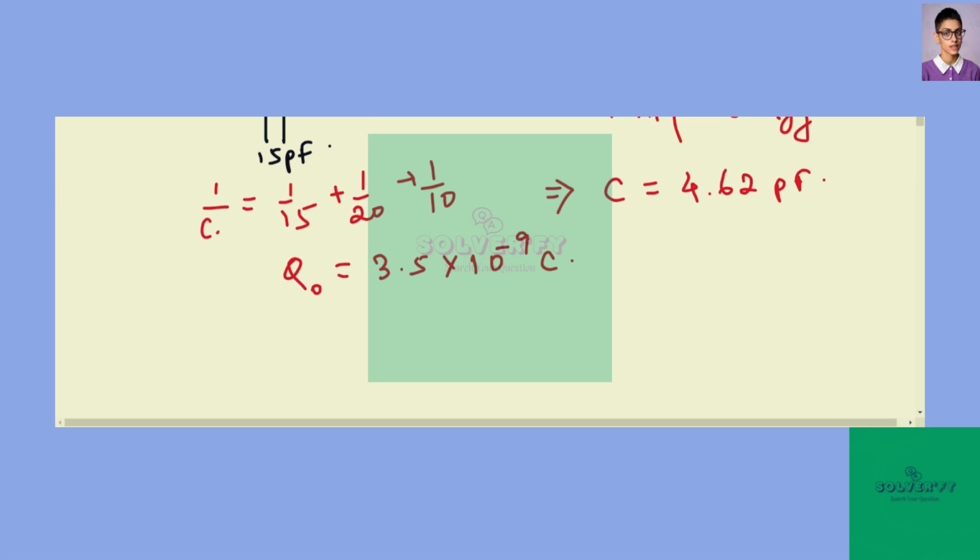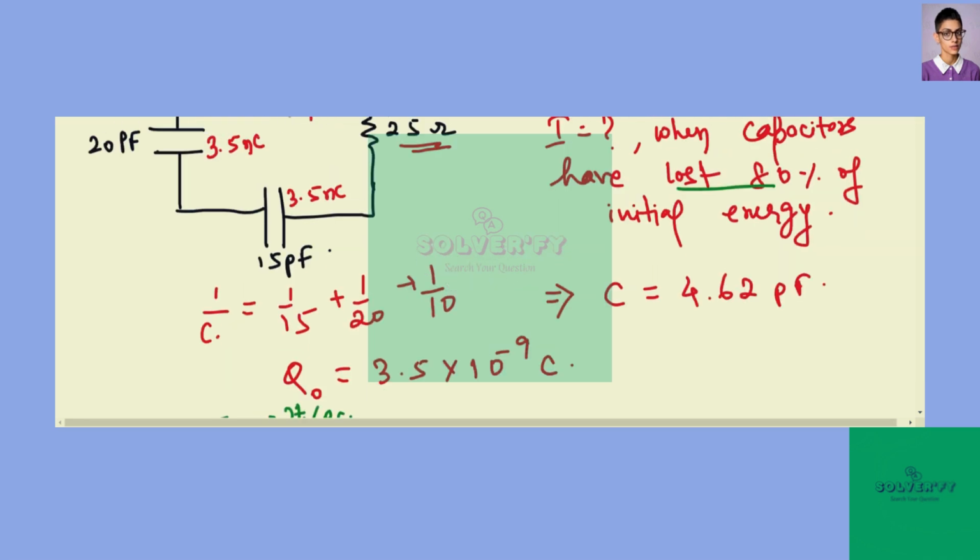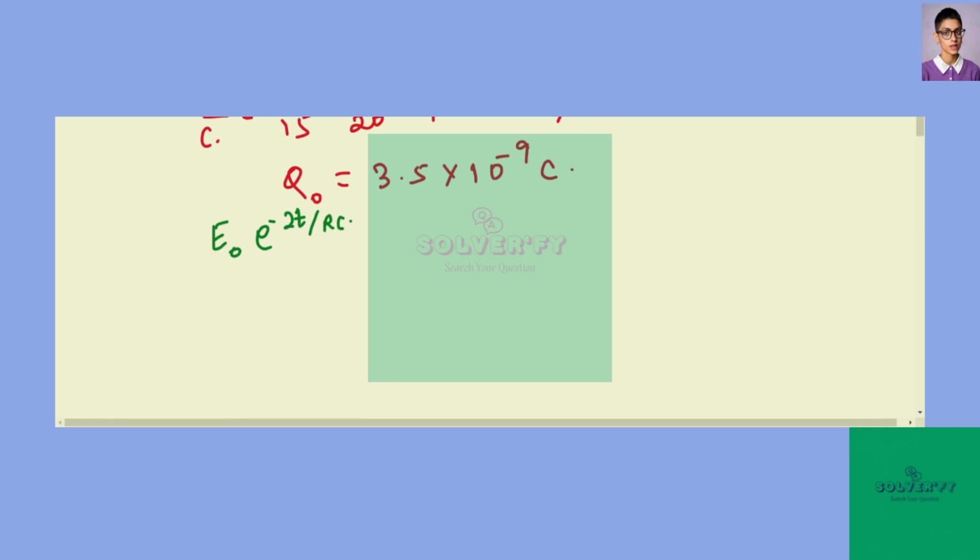So we can find out the energy of the capacitor, that's given by the expression E naught e to the power minus 2t by RC. And we have 80% of energy lost. That means only 20% is remaining. So we need to take 0.2 times the initial energy, which is the maximum energy. This should be equated to the energy we have at this time t, E naught e to the power minus 2t by RC. From here we can cancel E naught and get the value of e to the power minus t by RC as